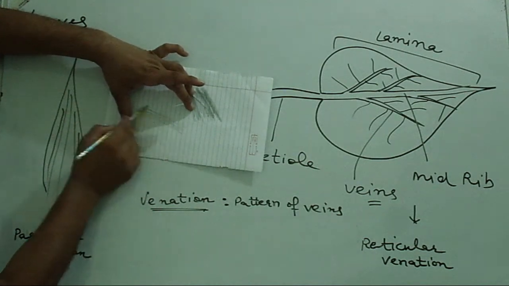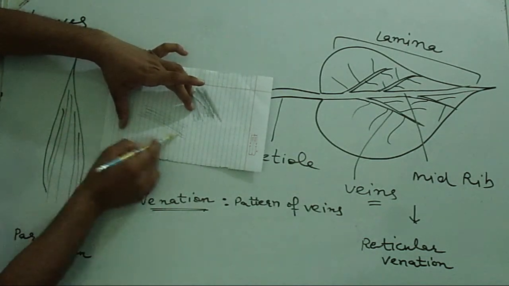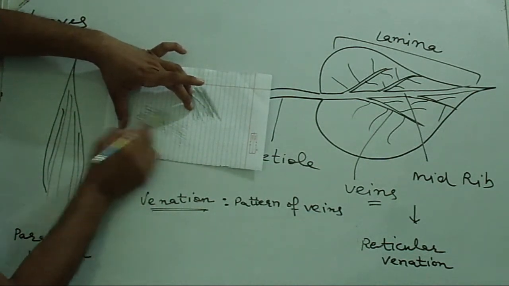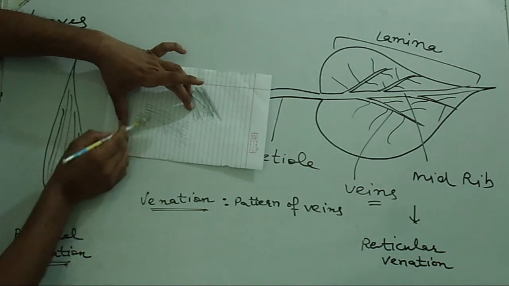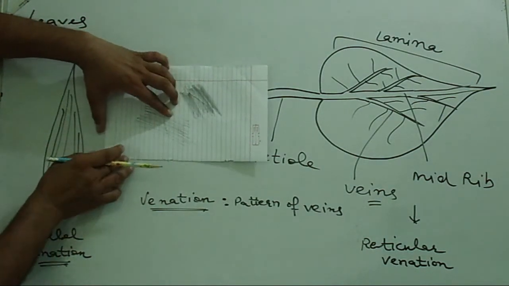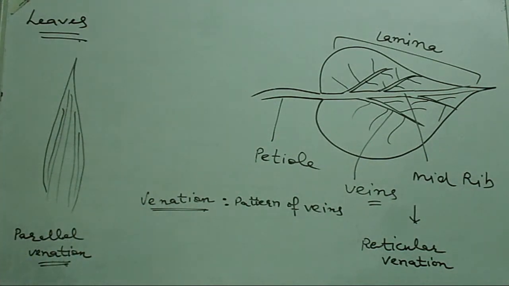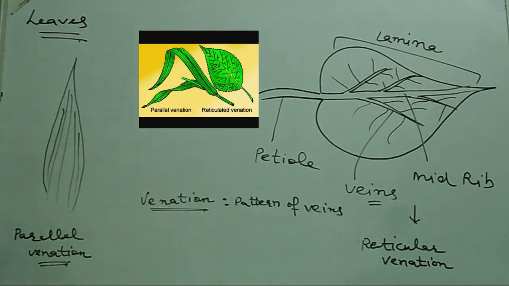And after rubbing, you can get a pattern of that particular leaf, as you are able to see it. Here it is. So you can draw a clear pattern of a leaf if you are getting a leaf like this, and sometimes you can take some other leaves, like a leaf of grass or a leaf of any other kind of plant you can use.